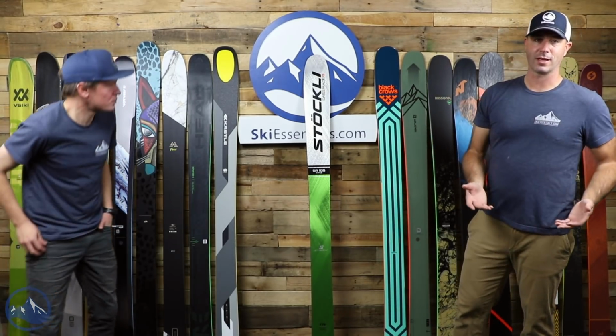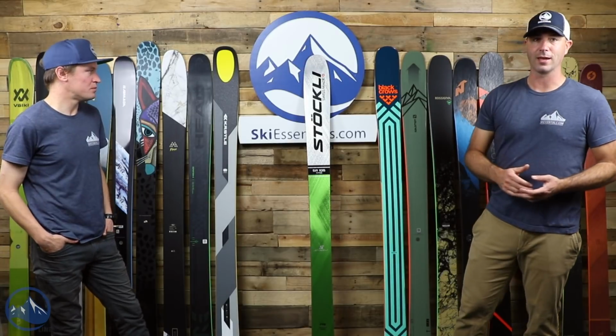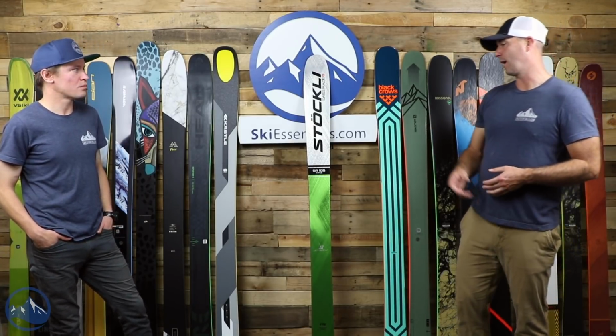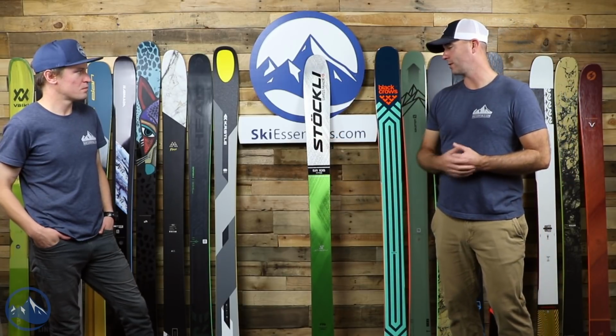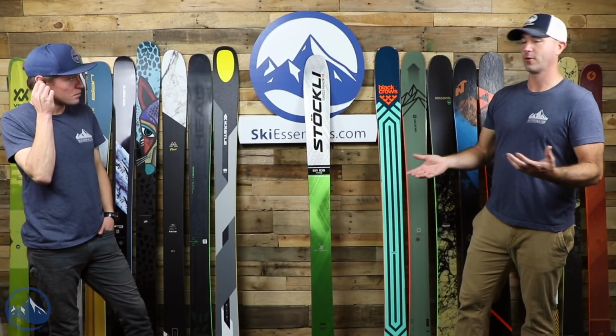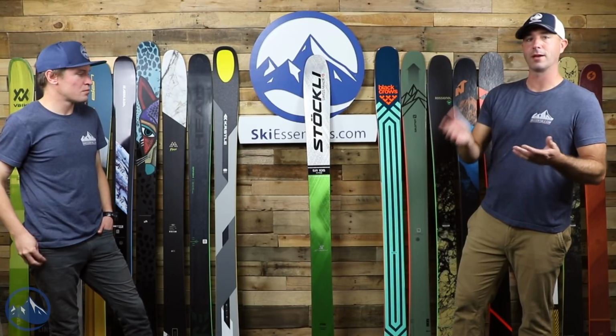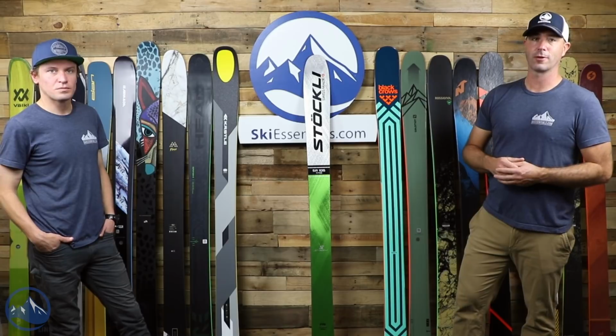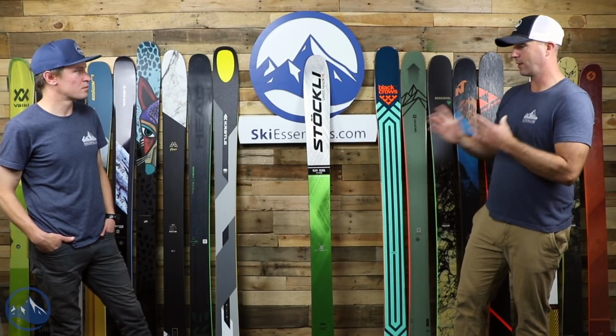So you can get this thing up on edge. It's not planky at all. It's very lively, very energetic. And as I've said before, a lot of it has to do with this metal top sheet. That's the first point of contact from your boot to the binding to the ski. So that binding to the metal top sheet really makes for that direct transfer of energy, giving this ski a